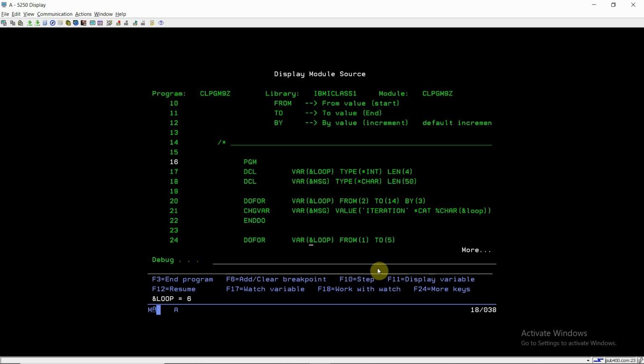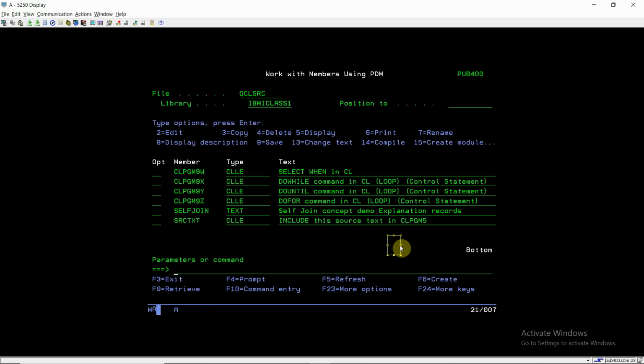There is no condition as such, but when the to position is reached and the value goes beyond the to value, the loop exits, and the program exits, because there are no further commands associated with this program. So this is the working of the do for loop in CL programming.